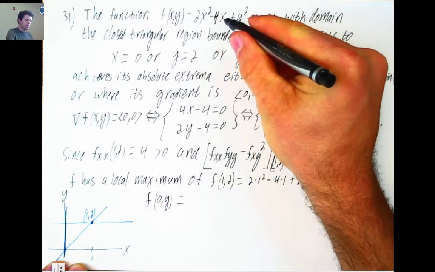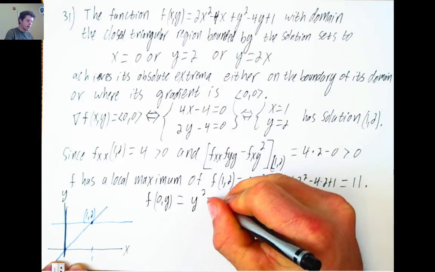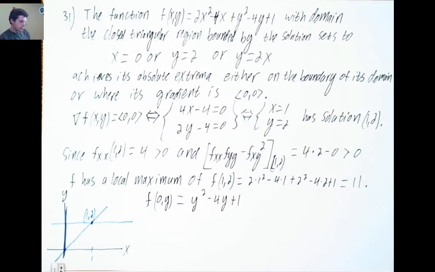That term disappears, that term disappears, and y squared is still there, minus 4y plus 1. So I would like to find where this function of one variable achieves its maxima or minima. And to do that,